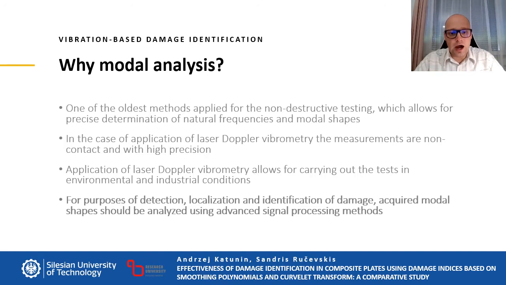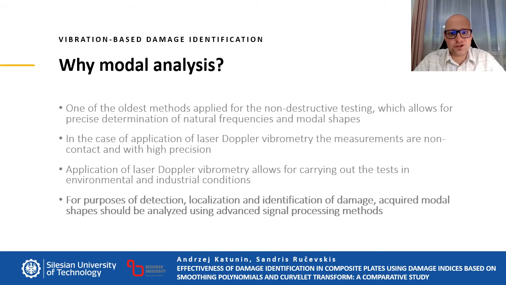Mode shapes are the most sensitive of these parameters, and with appropriate precise measurements, I mean here non-contact measurements, for example with use of laser Doppler vibrometry, we can get very precise information on